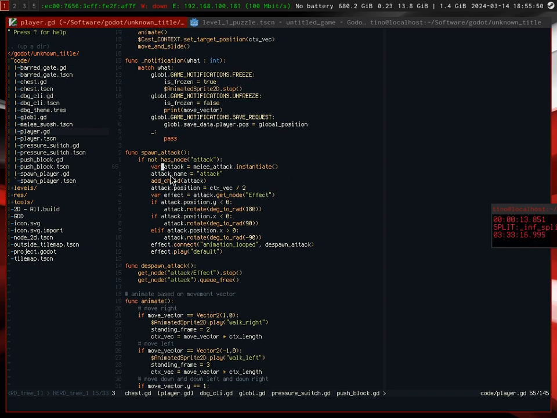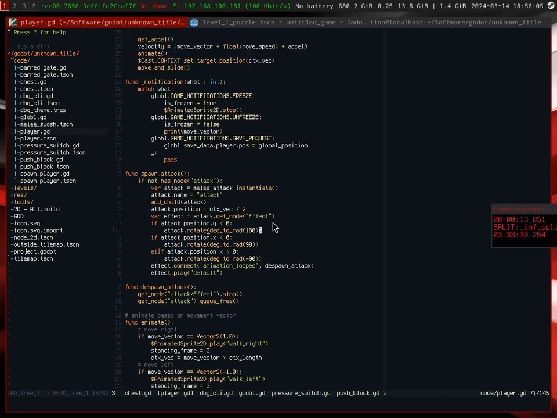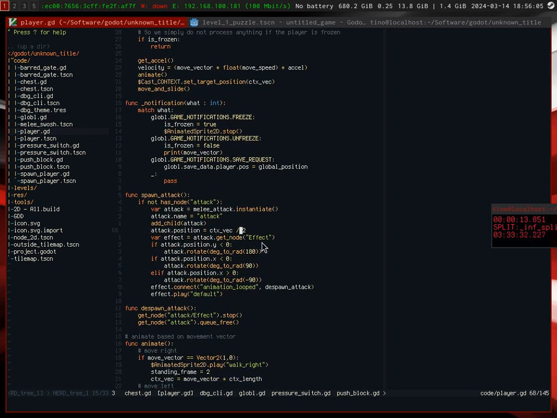We instantiate the melee attack, we call it name so that we can reference it as this node. We got the child, we set the position to the size of the vector divided by 2,